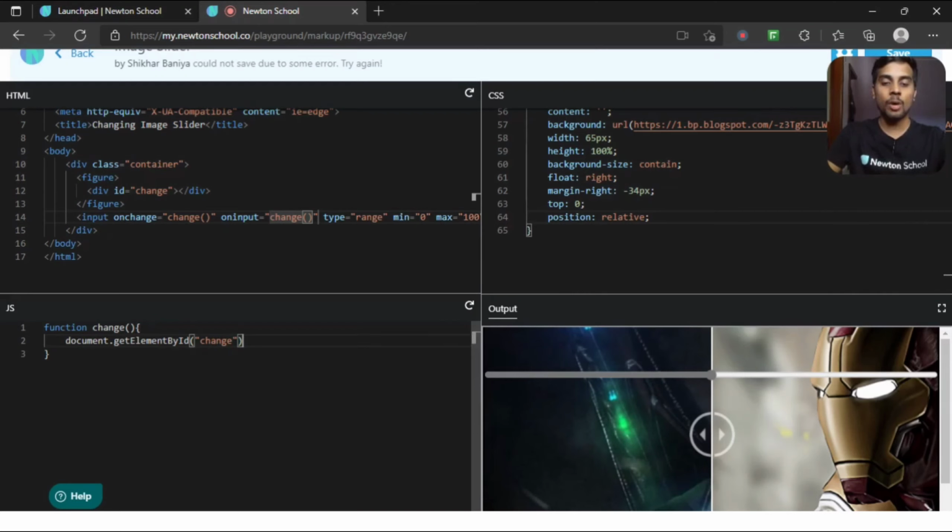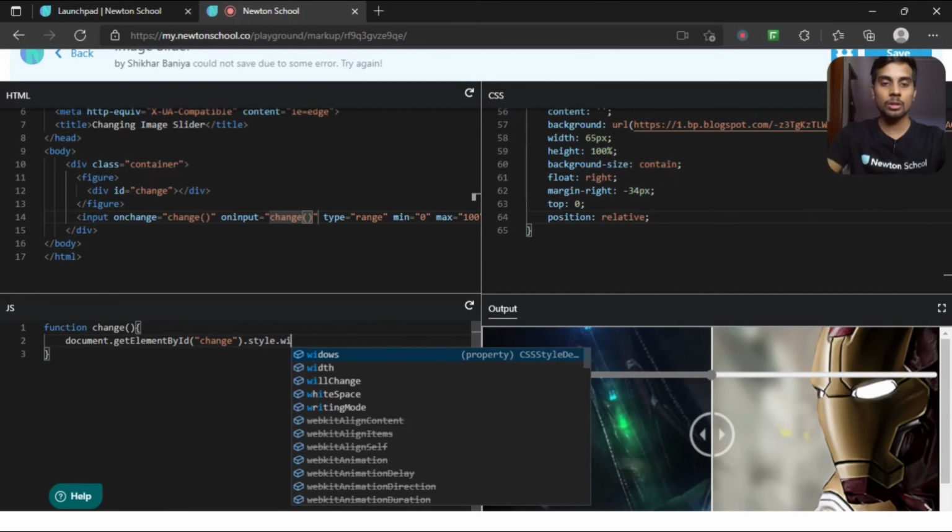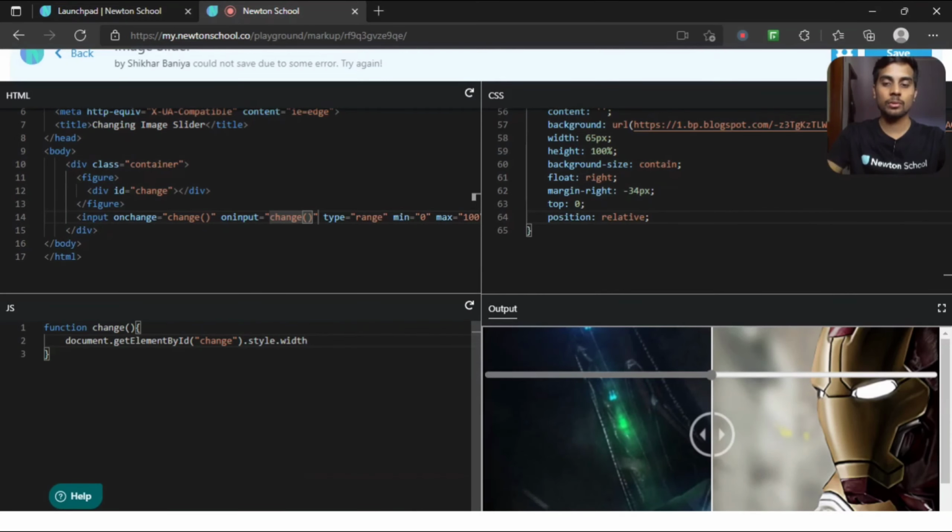Now I want to change the width of it, so .style.width. And how can we get the value of this slider?